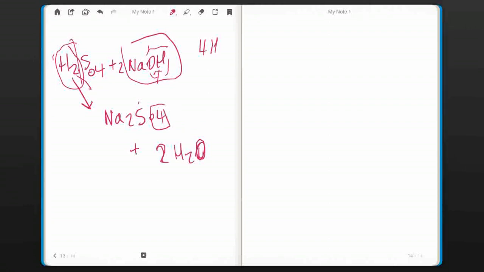So let's check up here. This one has 2 oxygens, this one has 4 oxygens, so that's 6 oxygens. So let's check the sodiums now. 2 sodiums, 2 sodiums, SO4, 1 SO4. So that's balanced out, and you can write it out once it's balanced as